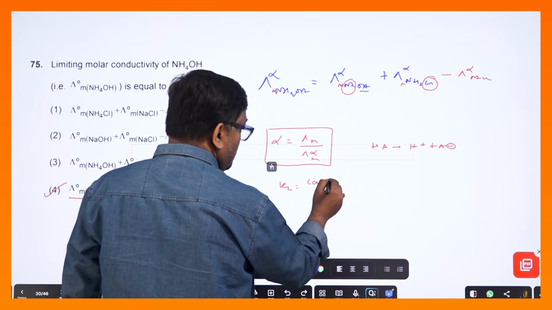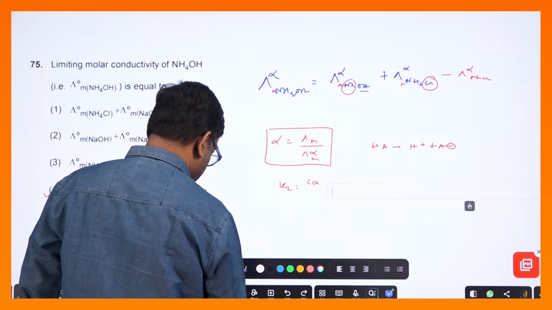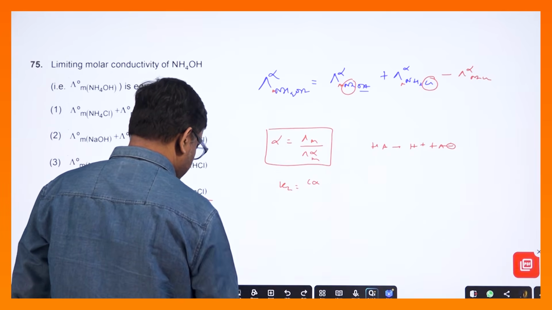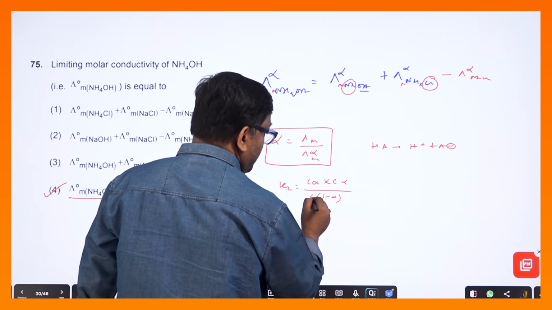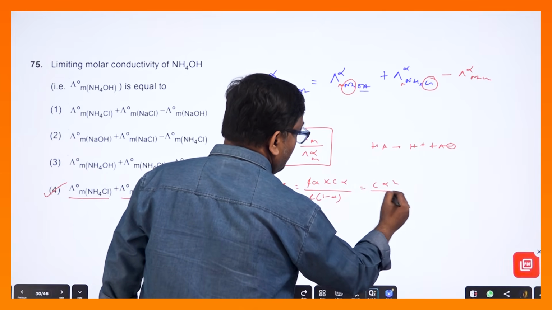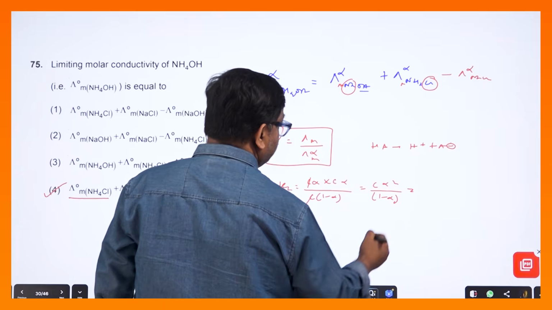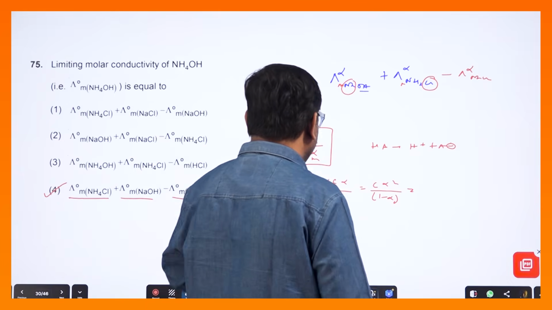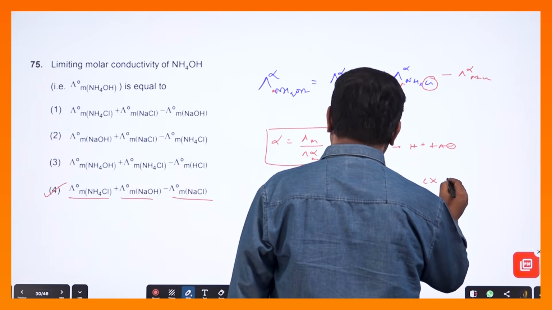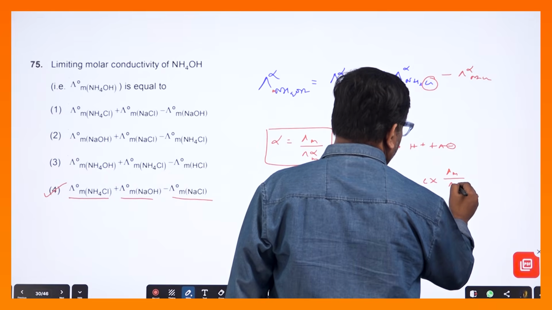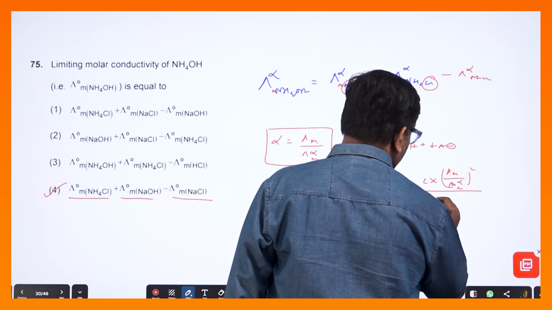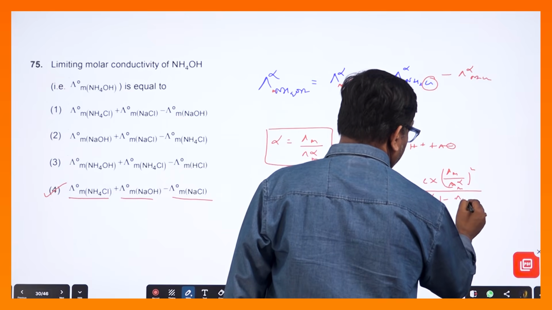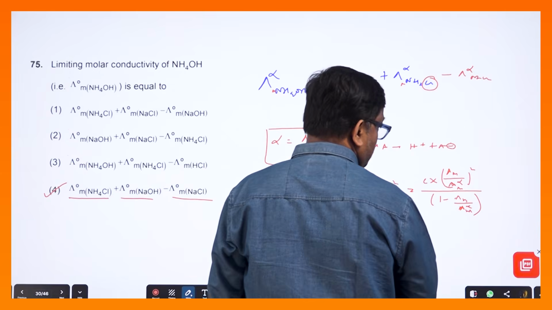C আলফা ইন্টু C আলফা বাই C 1 মাইনাস আলফা, কেটে গেল দেখো C আলফা স্কোয়ার বাই 1 মাইনাস আলফা। এবার ইকুয়েশন এক্সপ্রেস অঙ্ক করার জন্য করতে পারি, যদি করি আমি এখানে করতে পারি C ইন্টু ল্যামডা এম বাই ল্যামডা এম ইনফিনিটি তার স্কোয়ার বাই 1 মাইনাস ল্যামডা এম বাই ল্যামডা এম ইনফিনিটি, এটা দিয়ে অঙ্ক হতে পারে।